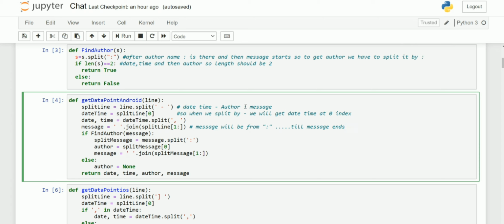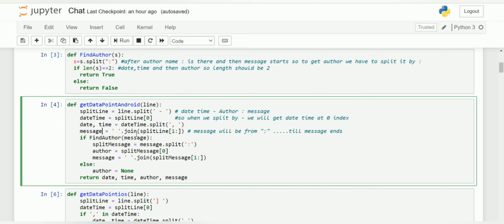Here split line of 0 contains the author and split line from 1 contains the message, so the whole message is stored. What this split line 1 colon means is it will store the message starting from index 1 till the message ends.